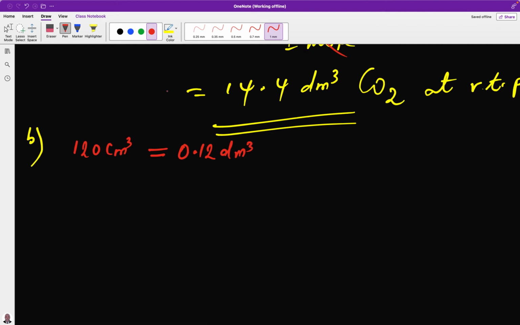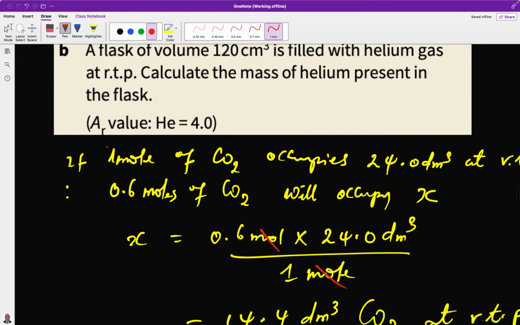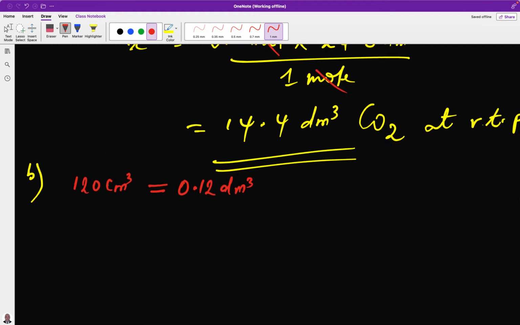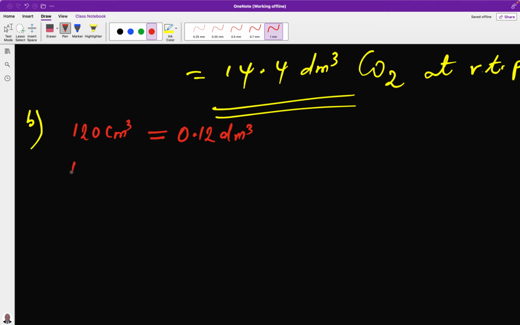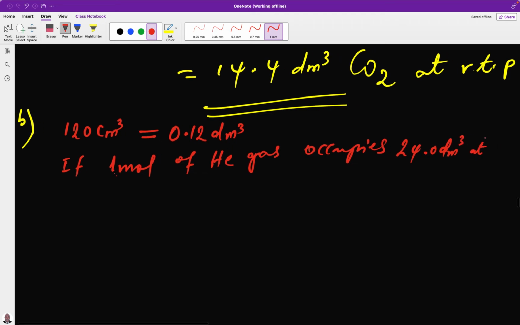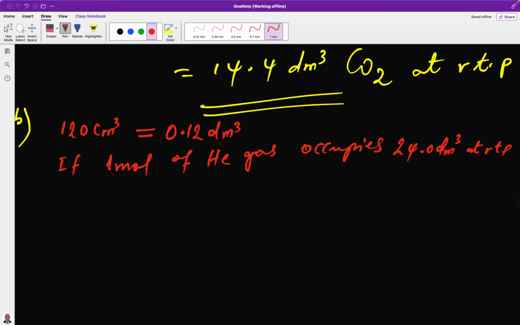If 1 mole of helium gas occupies 24.0 dm cube at room temperature and pressure, then X moles of the helium gas will occupy